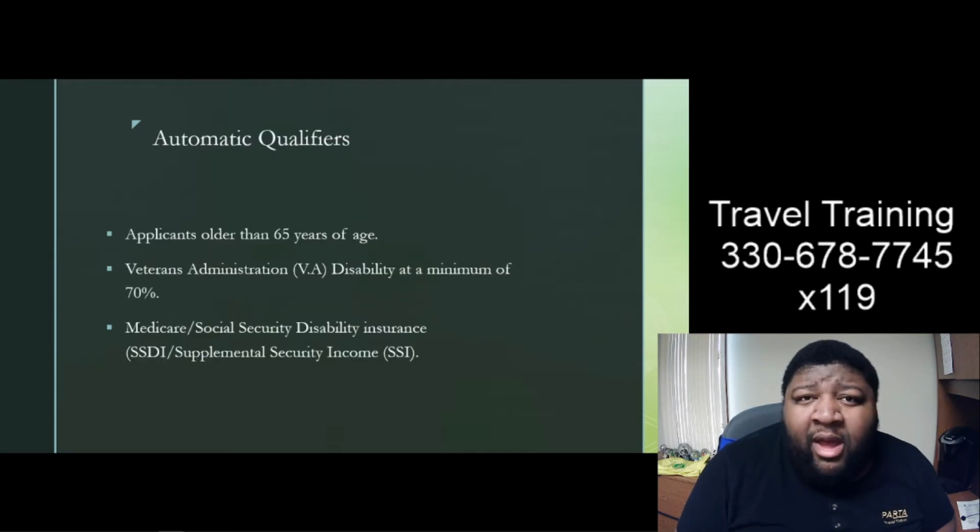So what does it mean to be automatically qualified for reduced fare? Well, there are a few specifications for this at PARTA. Applicants older than 65 years of age are automatically qualified for reduced fare. Veterans Administration, so the VA disability at a minimum of 70%, are automatically qualified. And then Medicare, Social Security Disability Insurance, so the SSDI and the SSI, are automatically qualified for reduced fare. Remember though, you would need to have this documentation in order to finish the steps for approval in our